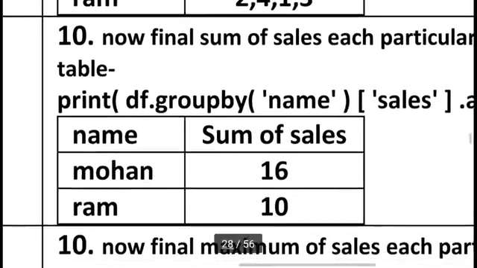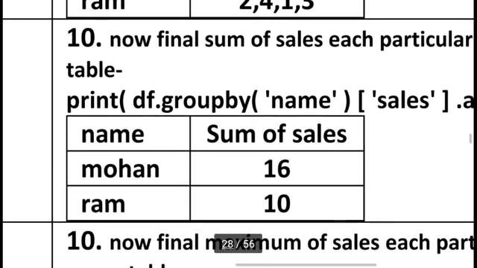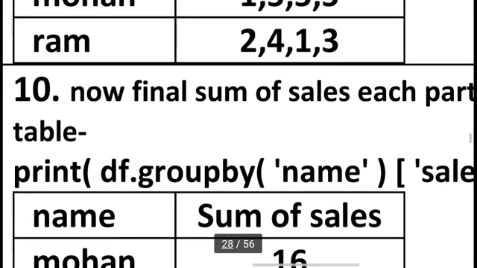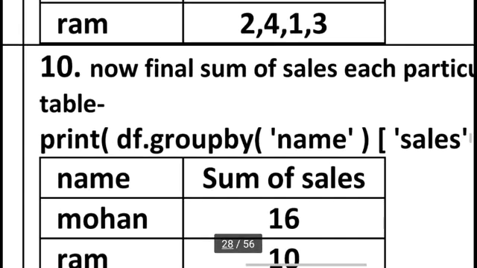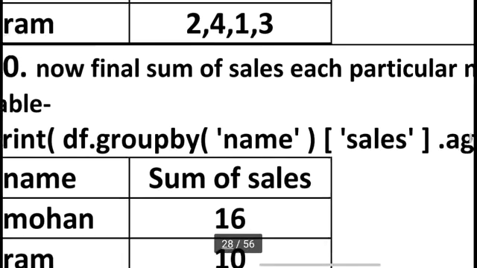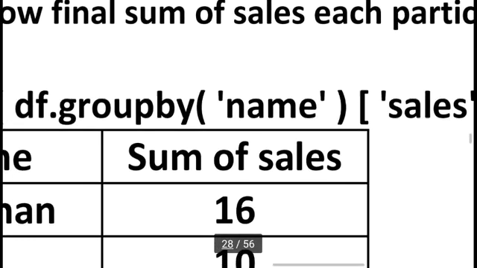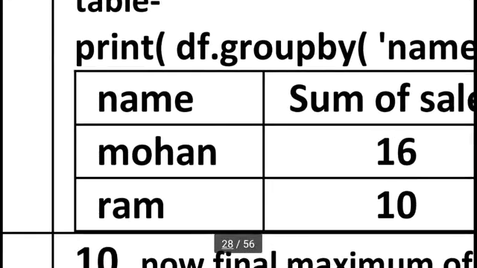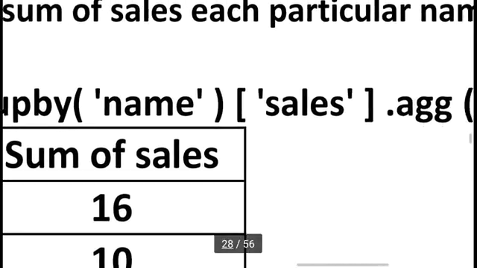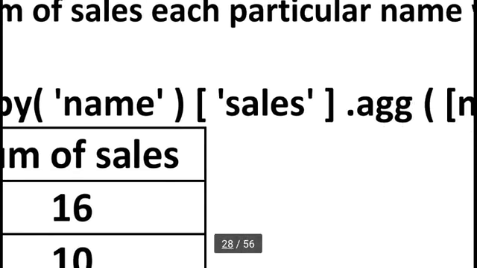To achieve this output, we can use the group by command. DF, we already know, dot group by. Last time I used pivot underscore table, but here the structure changes to group by. Then, because the group by function always requires three things, first, which column I want to group. Here I am taking name, so name-wise. Then also select a numerical column, because without a numerical column we cannot perform an arithmetic operation.